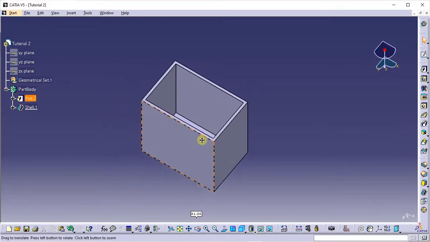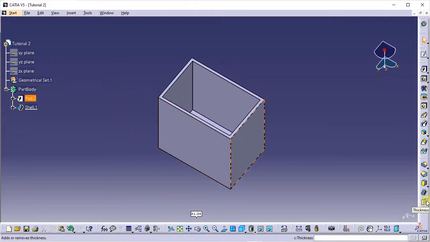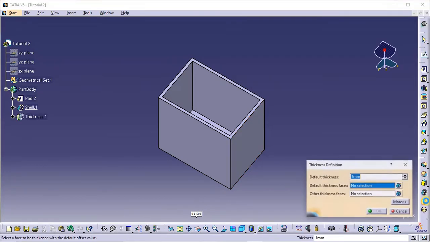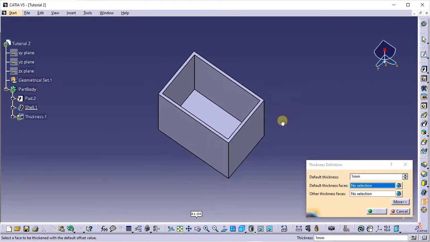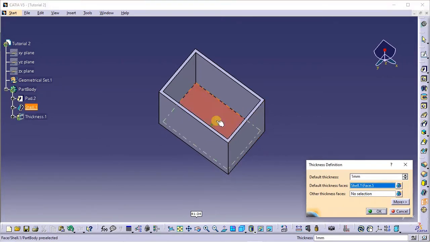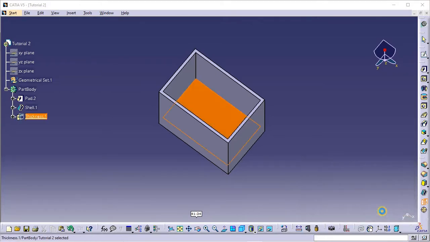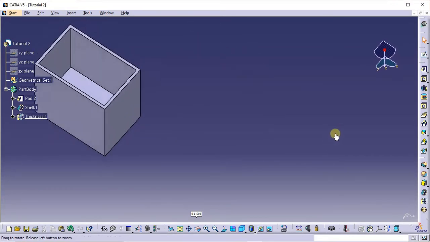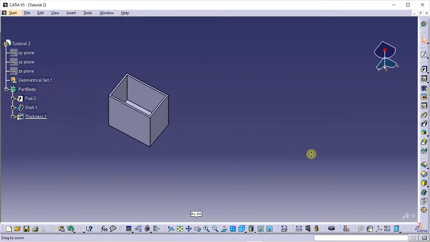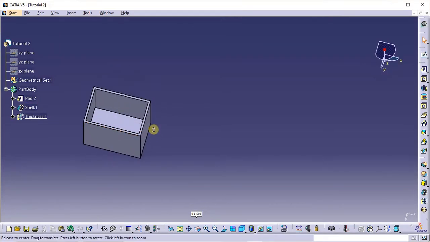All right, so the next thing we will do is we will use the thickness tool. The thickness tool is used to give thickness to a face, a selected face. I will be giving thickness to this face inside, and I want to give it a thickness of 20 millimeters, and boom, here I have a thickness of 20 millimeters, and it doesn't look like we did anything,